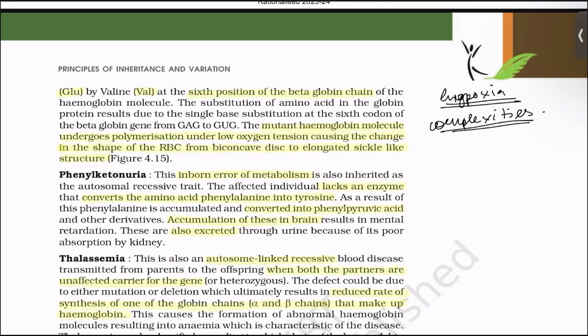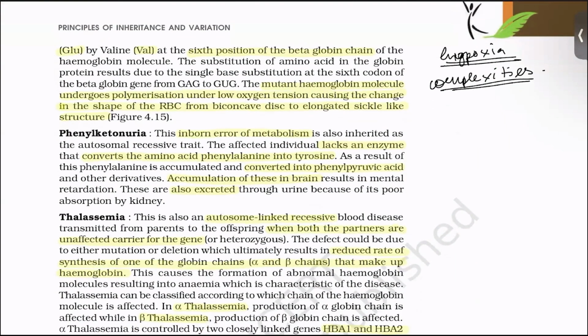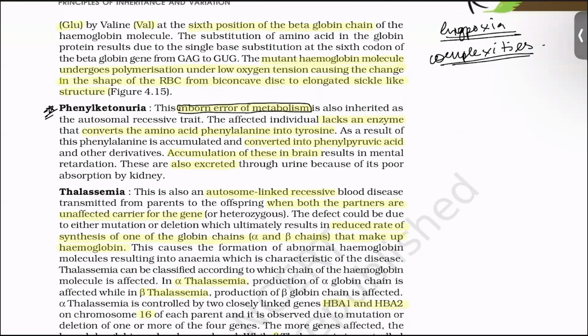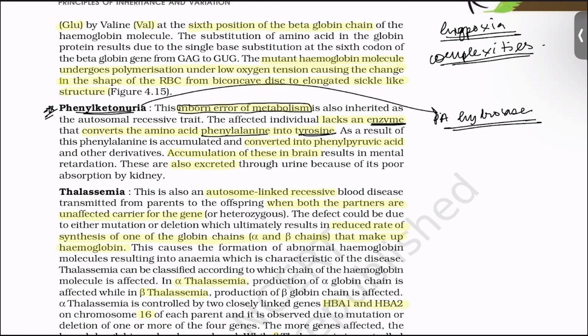Now coming to phenylketonuria. So what is phenylketonuria? It is an inborn error of metabolism. So there's an enzyme that converts phenylalanine into tyrosine. This is phenylalanine hydroxylase. So in these individuals, the gene that produces the phenylalanine hydroxylase enzyme is mutated, and the enzyme is absent. So as a result, the phenylalanine gets accumulated and it is converted into phenylpyruvic acid, and